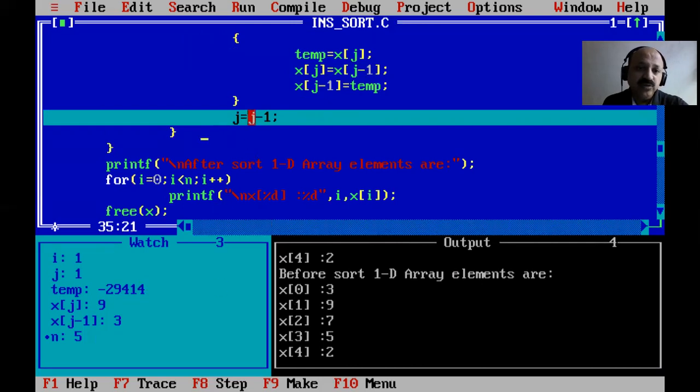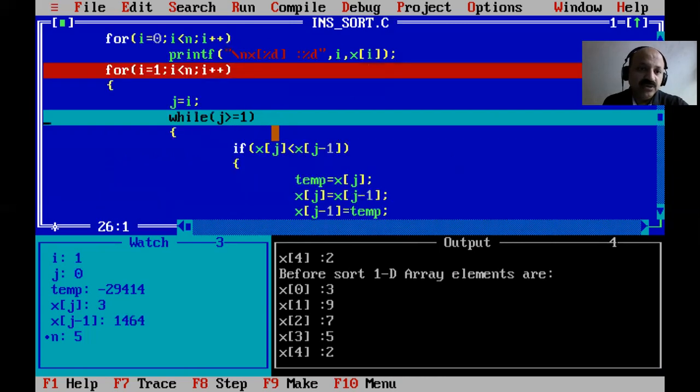And now j minus minus, so j is greater than or equal to 1, no, the while loop is false. So in the first iteration there is no change, because that is a smaller element. If 9 is here and 3 is here, that would be an interchange, but that is not the case in this example.